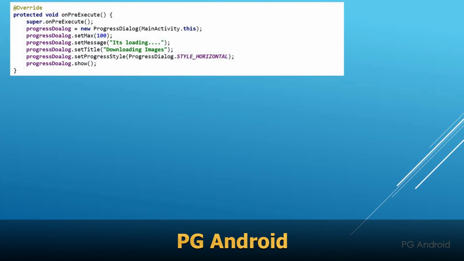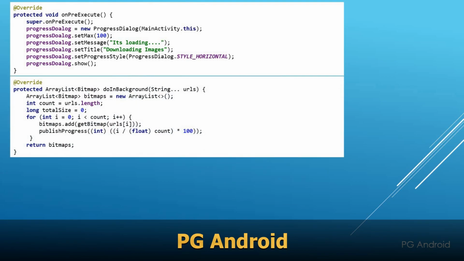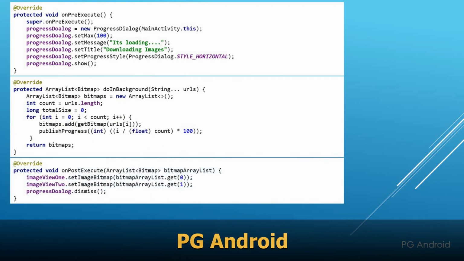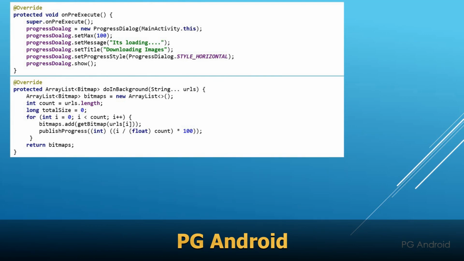As you see in the onPreExecute method, we display a progress dialog box which shows the task is performing in the background. After that, after onPreExecute, the doInBackground method is called, in which you can put your code for downloading the image from the given URL, passed through the doInBackground method parameter which is named URLs. In the method I have called publishProgress, in which I have passed the work done percentage, so that the progress dialog updates its progress bar by this value.